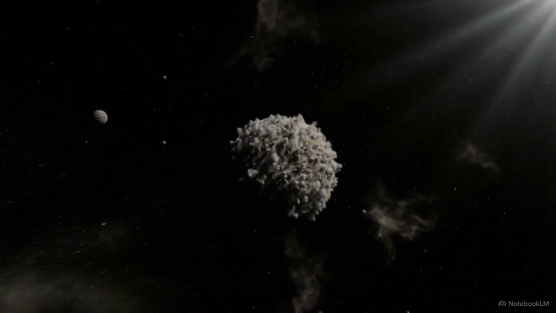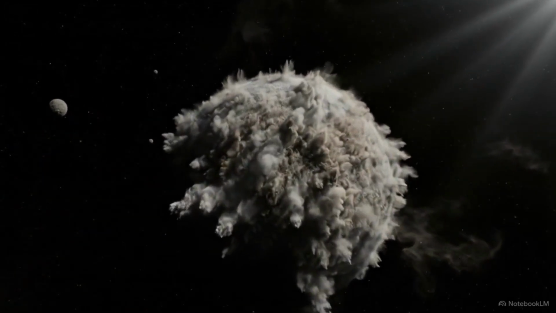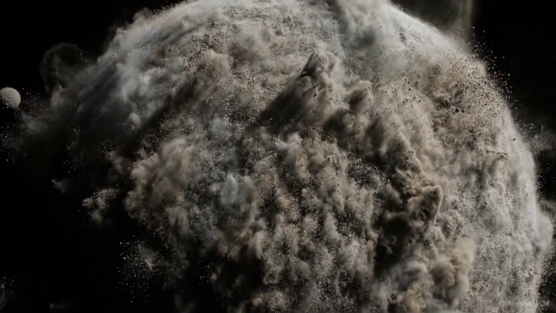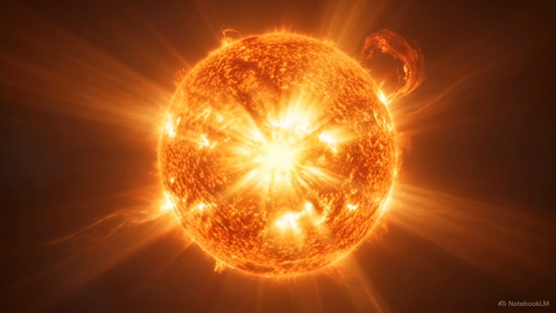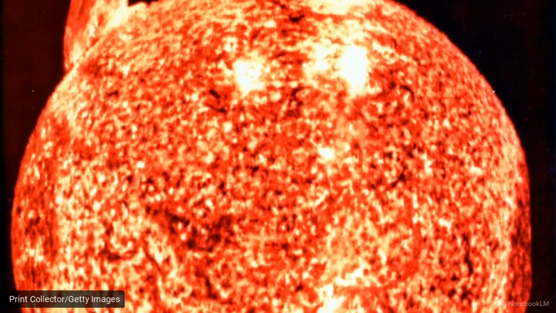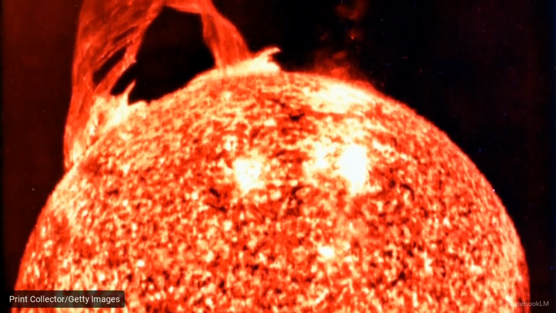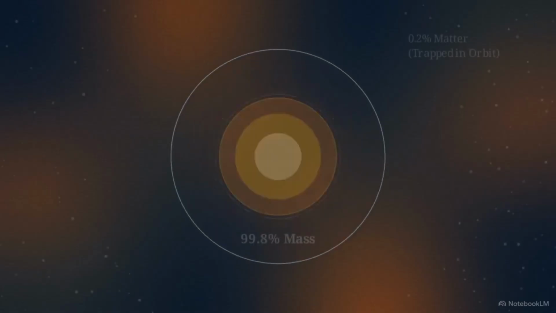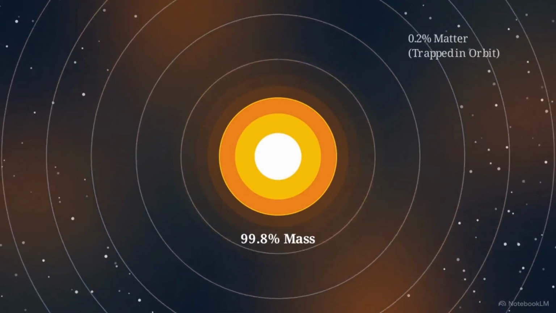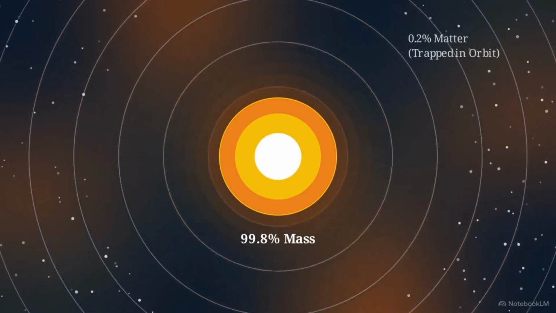Space is largely an empty, freezing void. But 4.6 billion years ago, a dense cloud of interstellar dust collapsed under its own weight, compressing until it finally ignited into a blinding source of light and heat. Looking at this image of our newly formed Sun, you can see a massive solar prominence erupting from the surface. The immense gravitational pull and blistering radiant energy of this single star completely dominate the space around it.